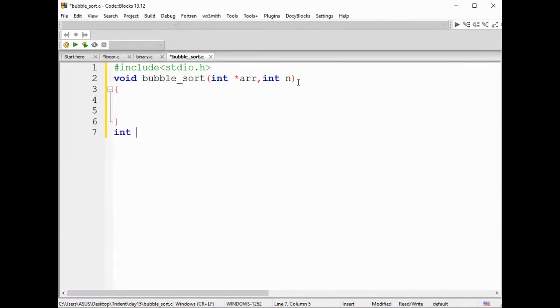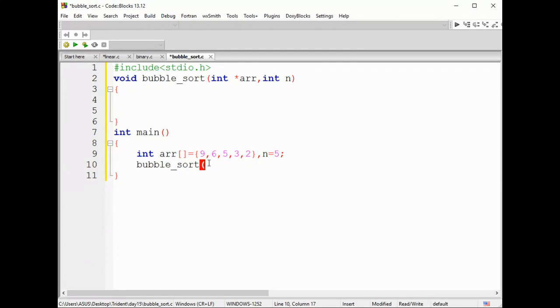Let me complete my main part here in main. And inside this, let us declare an array. And let this array consist of random values in this way. And let your n size value be 5. Okay. So now let us call this function bubble sort.